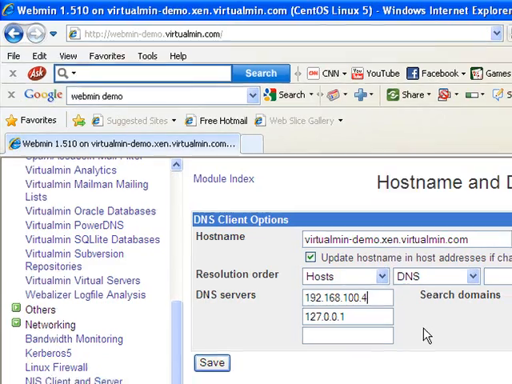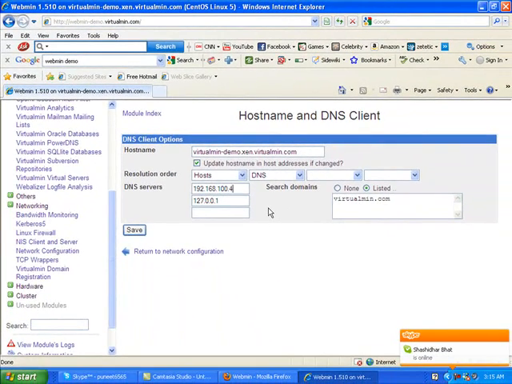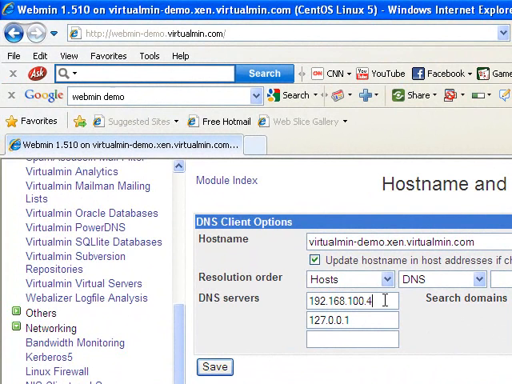So you need to add your same machine IP address here to publish your DNS server. I have used my LAN IP address.